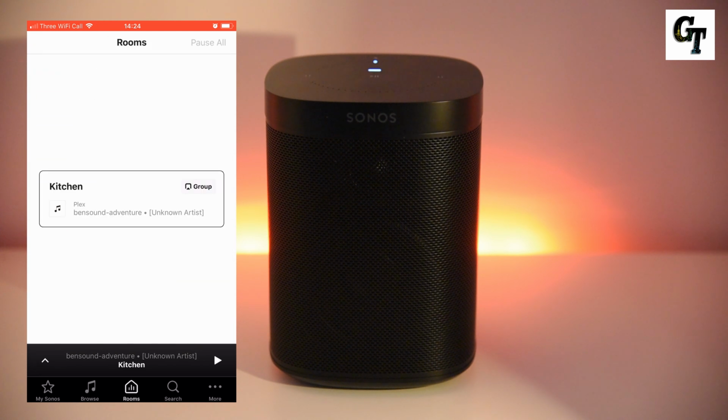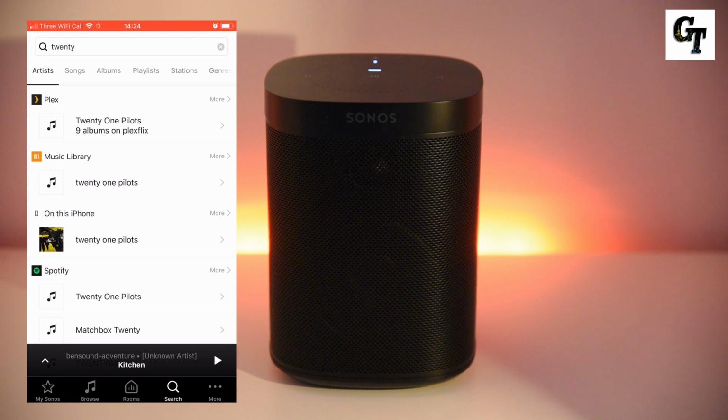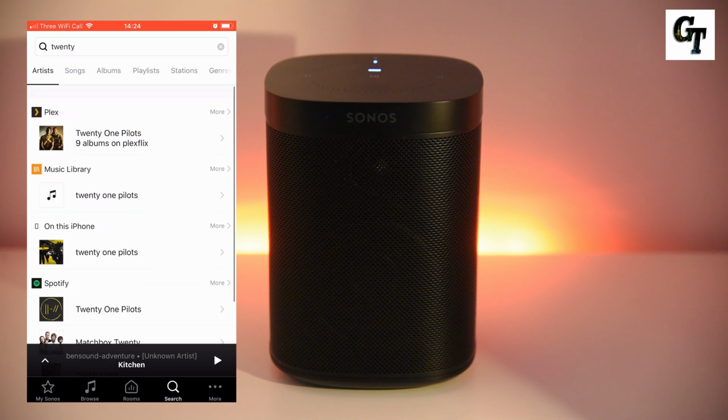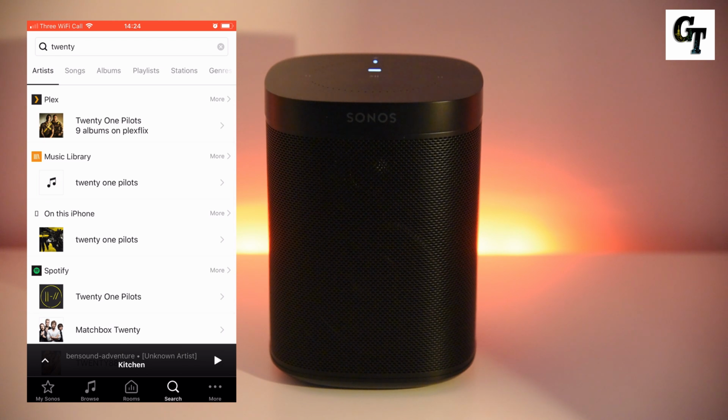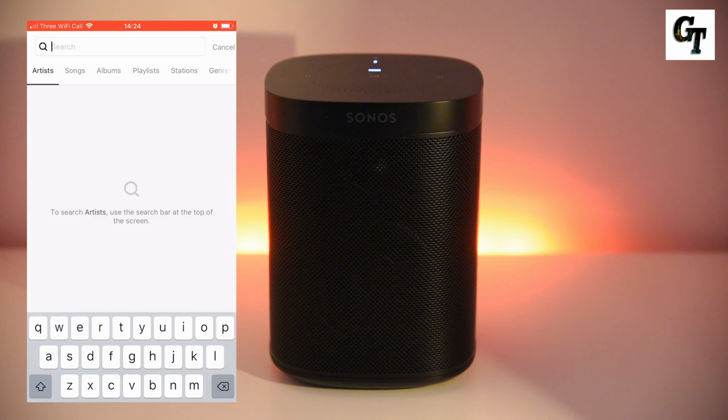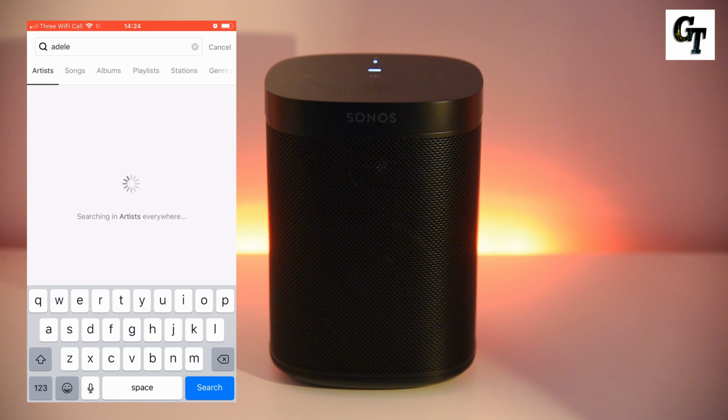We've got the rooms there, so as you would imagine there would be many rooms and groups, so you can group different speakers together. There is a search function which is actually really cool. Like you can see, I've done a search there for 21 Pilots, and it's come up on all the sources where 21 Pilots exist. When you are actually doing a search, so we'll do Adele for instance,